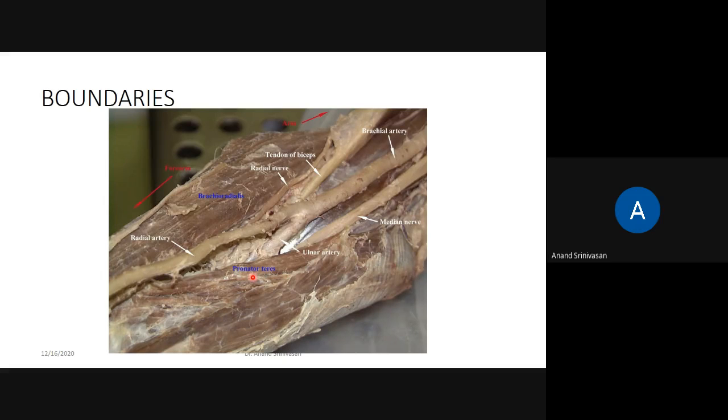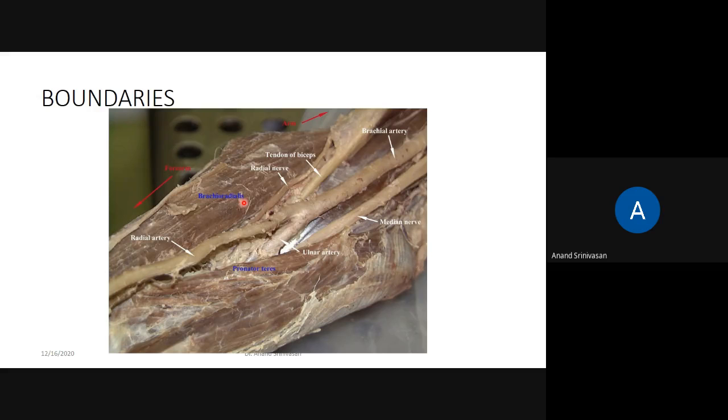Okay, why is this muscle named pronator teres? So as said earlier, most of the muscles are named either on their origin or insertion or on their actions or on the shape. Okay, pronator means it's an action, pronation. Okay, and teres, it's a round shaped one. Okay, so it's called pronator teres. So medially it is bounded by the pronator teres, and laterally it is bounded by another muscle which is